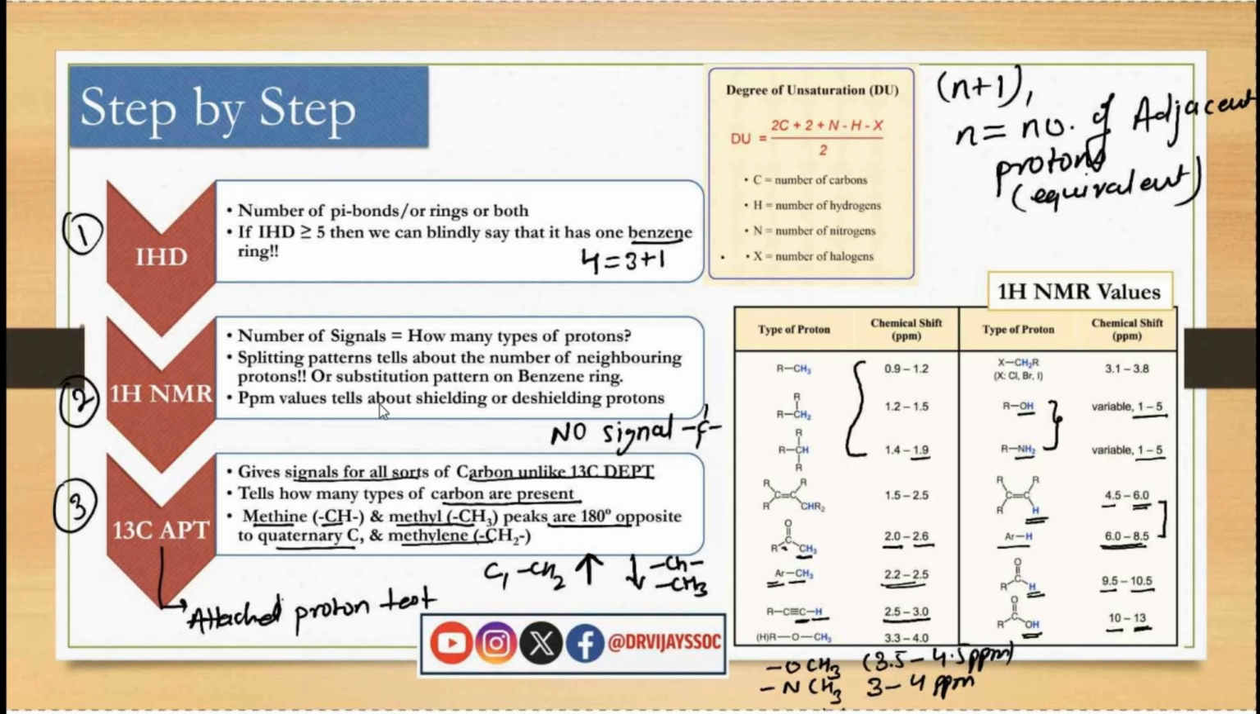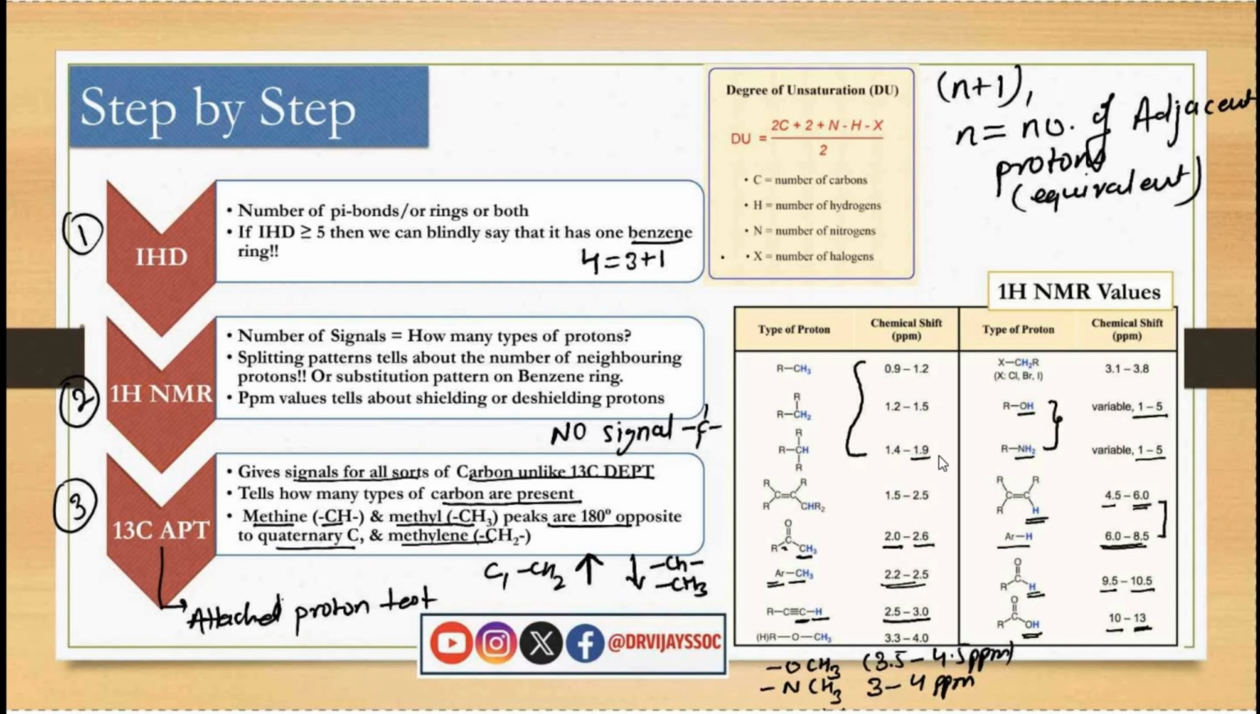1H NMR chemical shift values are also very important to understand shielding and deshielding of the protons. As I told you, primary carbon hydrogens come in the shielded region from 1 ppm to 1.2 ppm. Secondary carbon hydrogens are slightly deshielded as compared to the primary, and tertiary hydrogens are slightly more deshielded, from 1.4